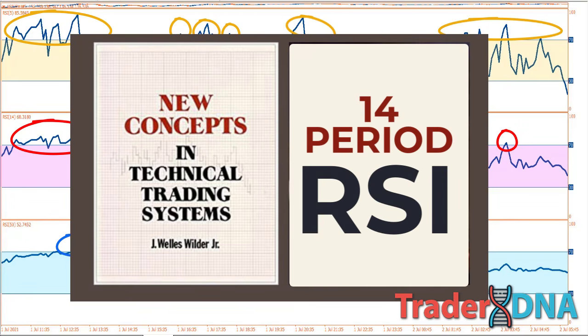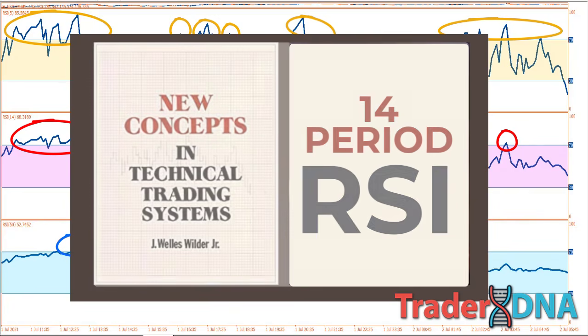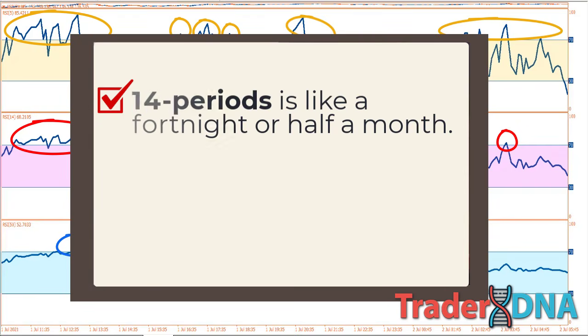Although other RSI settings are certainly possible and potentially profitable, since Wilder created the indicator, we should take time to note why he thinks his indicator is best set up with 14 periods. Firstly, 14 periods is like a fortnight or half a month. Although markets are not normally open 7 days per week, so 14 periods does not equal 2 weeks. This time frame has a